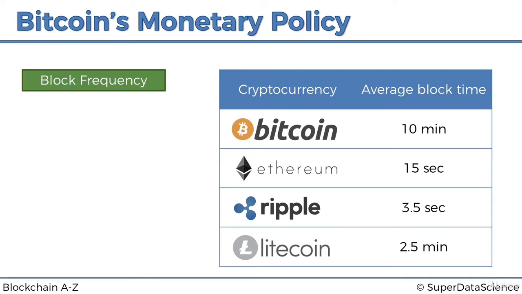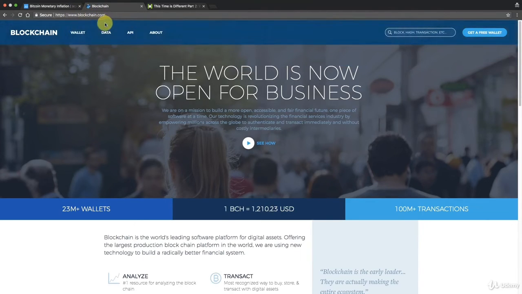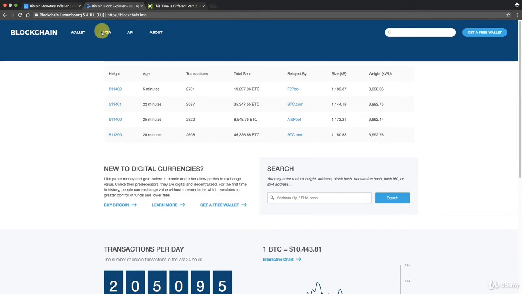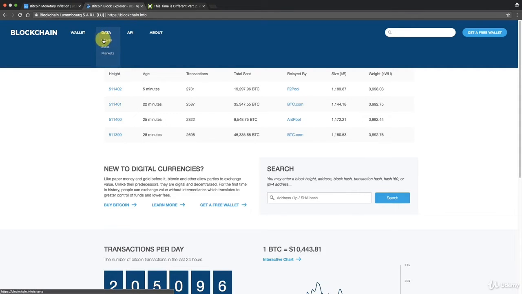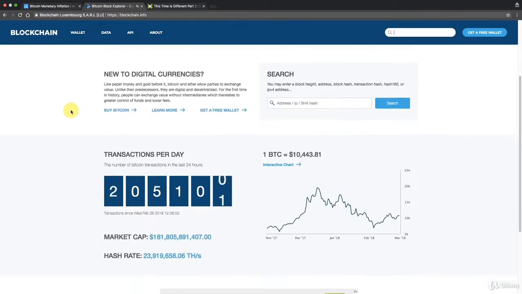And now let's have a look at an example. Let's have a look at this live example. So this is a website that we're going to be going to very often. It's called blockchain.com or blockchain.info. I think it's the same website. As you'll see, we'll just jump over to that one now. So if I go to data here at the top, you see it's blockchain.info now, and we'll be dealing with data, charts, stats. Those are going to be our predominant tabs that we're going to go into.